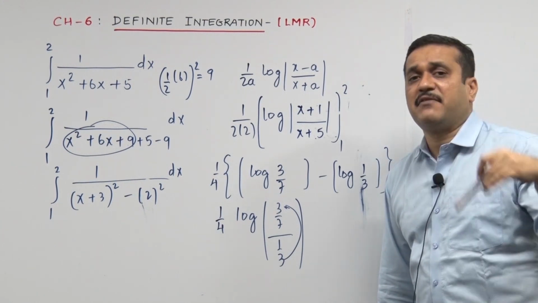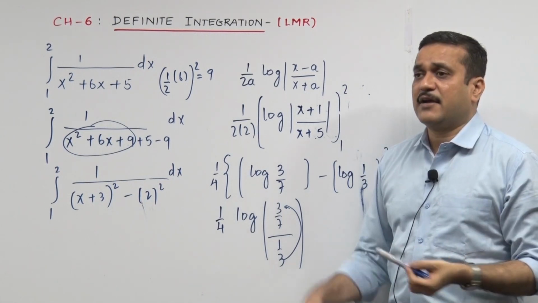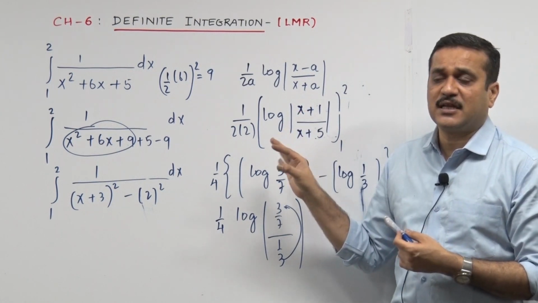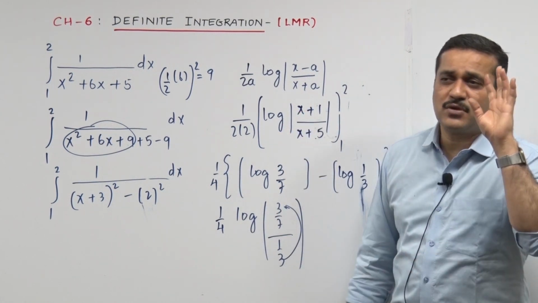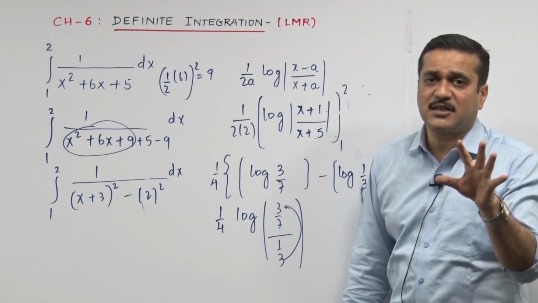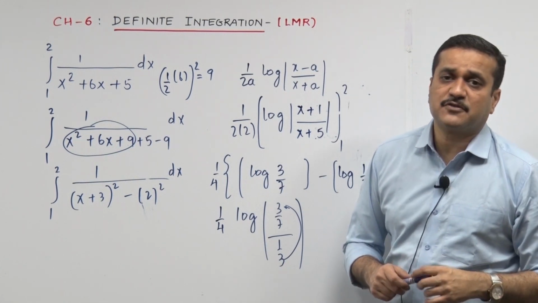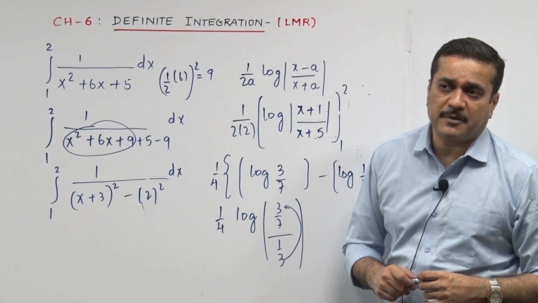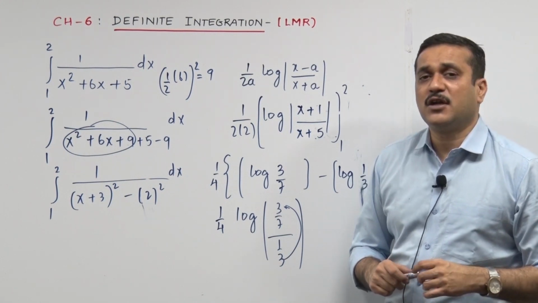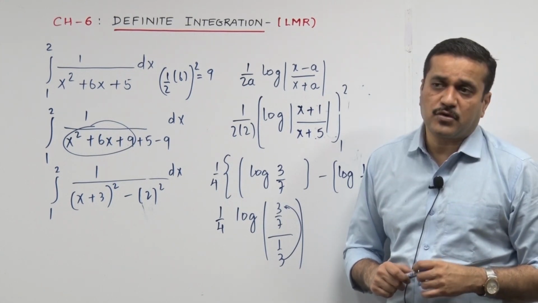And the thing we feel bad about is, after putting in my efforts in chapter 5, after understanding all the types, after having good practice on that, after spending so many hours on that, I was able to finish off the sum nicely. I got to my answer correctly, and in the end, just because my concentration, my attention slipped, I settled the answer with plus c, and I just forgot it was a definite integrals sum, and I forgot to go for upper limit minus lower limit. So that feels bad, very bad. It means you have put in a lot of time in preparing this topic, so you cannot afford to make such mistakes.